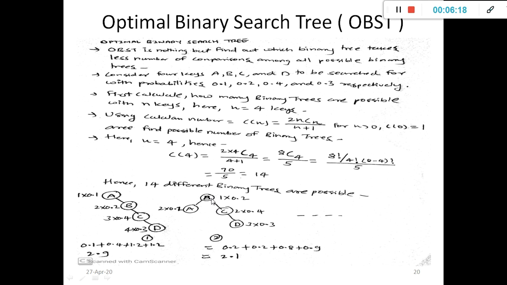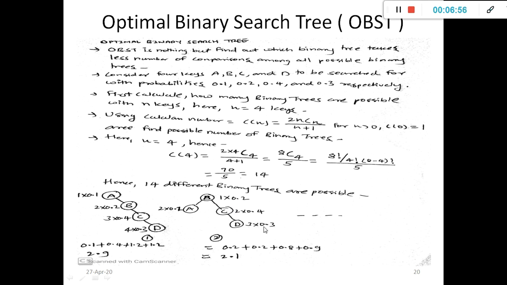Its left tree is A and its right tree is C, and again for the root C, the right tree is D. And here you have to make the comparisons. For level 1, one comparison is required. For level 2, two comparisons are required, and for level 3, three comparisons are required, with their associated frequency or probability values. That is, the probability of character B is 0.2, that is 1 into 0.2. Similarly, the probability of character A is 0.1, that is 2 into 0.1. Similarly, the probability of character C is 0.4, 2 into 0.4, and the probability of character D is 0.3, and at